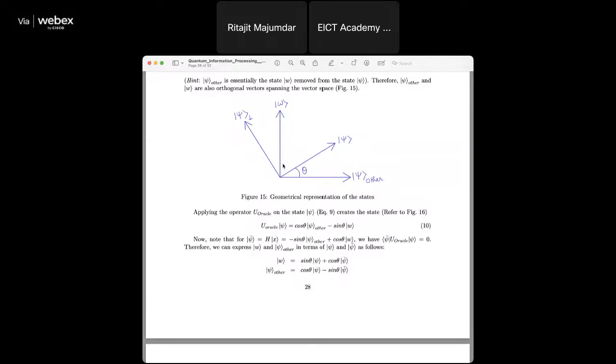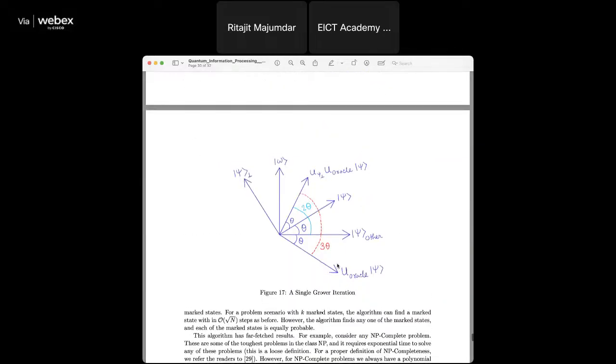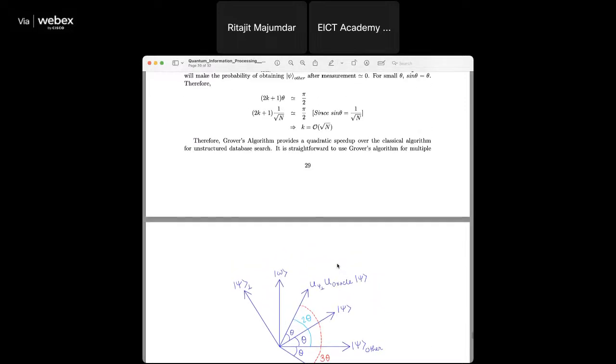So when it has become very close to W, what happens if you measure? You can get W1, you can get W2, you can get WK. All of them will come in equal probability. So if you say have two mark states,